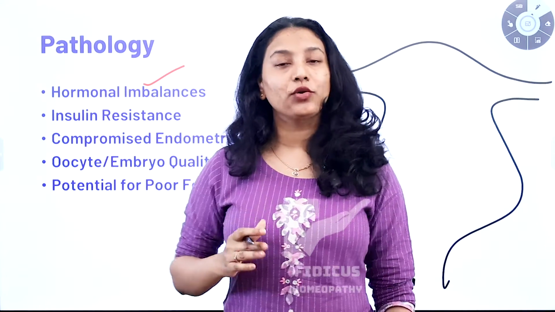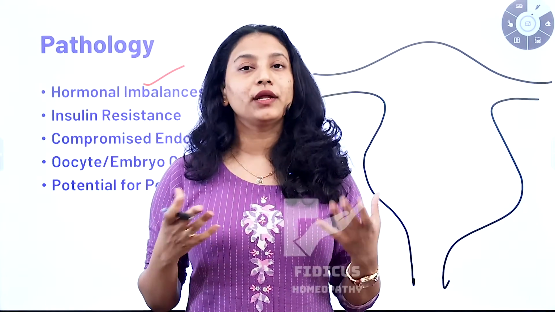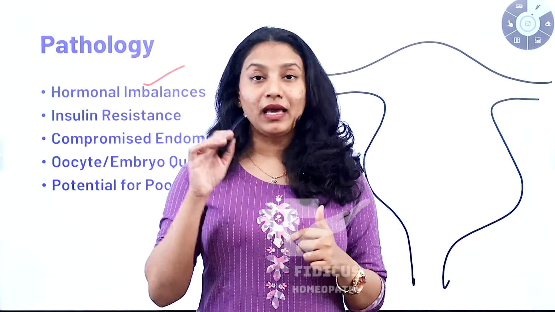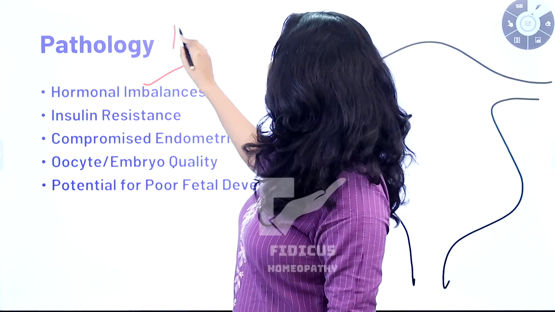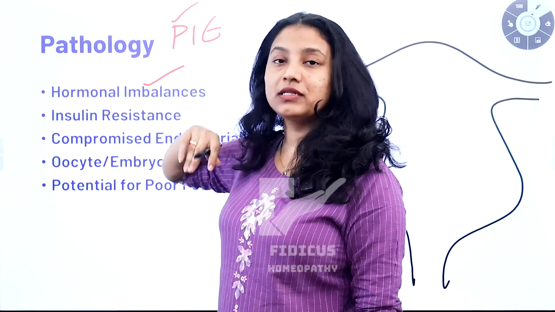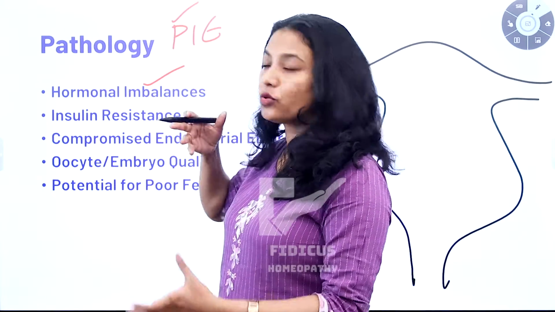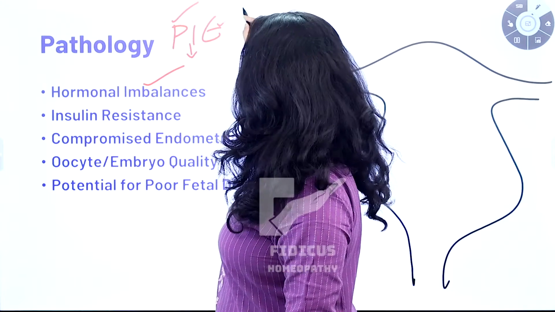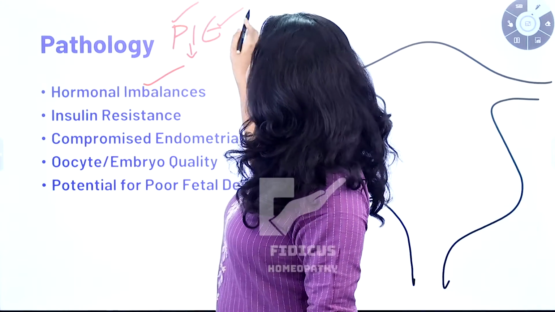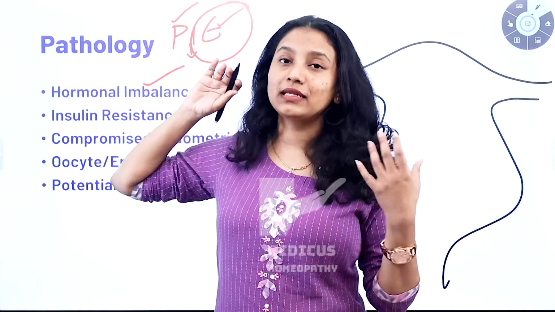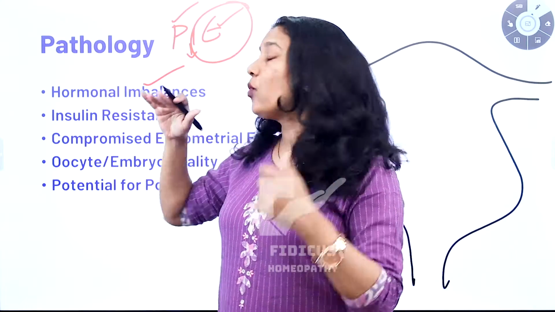As you know, in PCOS we follow the Rotterdam criteria, which is the PIE category. Always remember the PIE category for PCOS: P for polycystic ovaries on USG or ultrasonography, I for irregular periods, and E for excess androgen. Because there is excess androgen in PCOS patients, what happens is